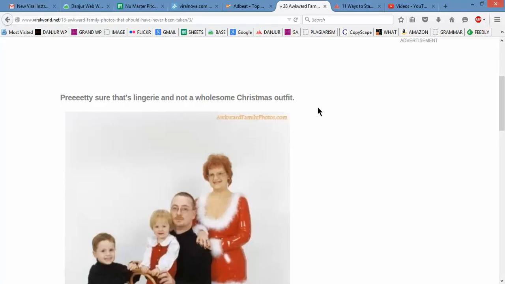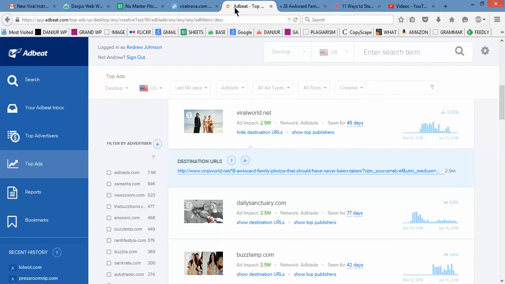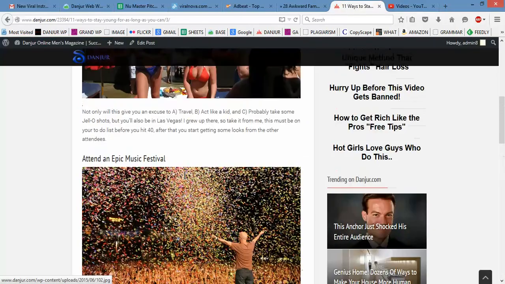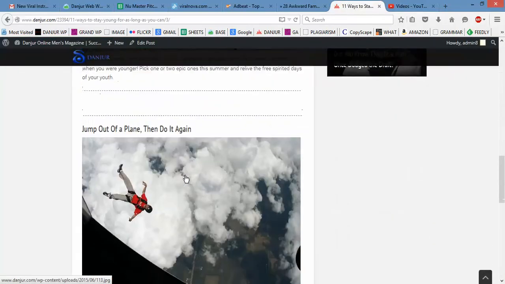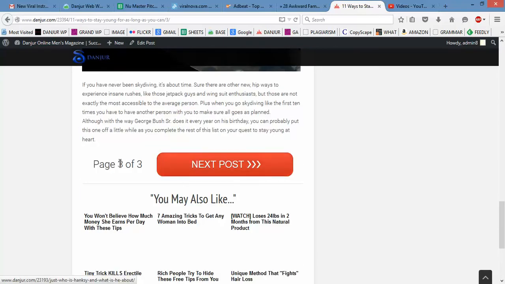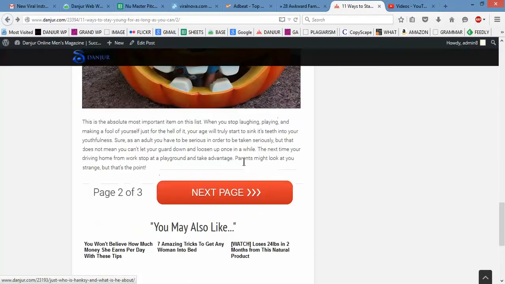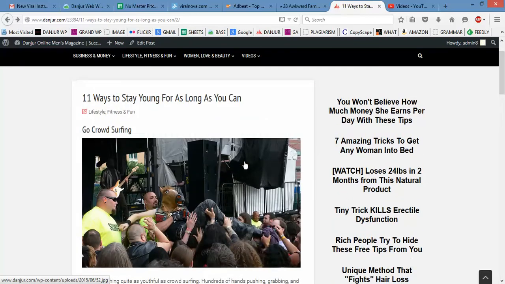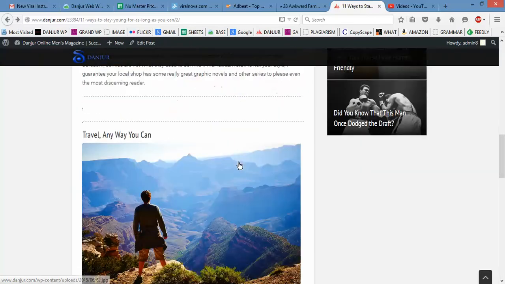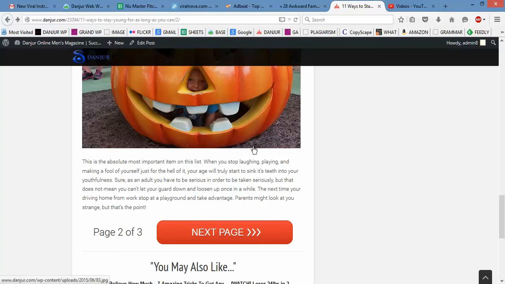Maybe I like 20, I like 24, anything divisible by 4, because when we post these on our sites, there's going to be 4. Like this one only has 3, but the previous ones had four pictures per slide or page. 1, 2, 3, 4. So that's why I want to stick with numbers that are divisible by 4, so we can get 4 to a page and not have one dangling at the end. Like say there were 4 pages here, and the last page just had 1 picture. Try to avoid that.